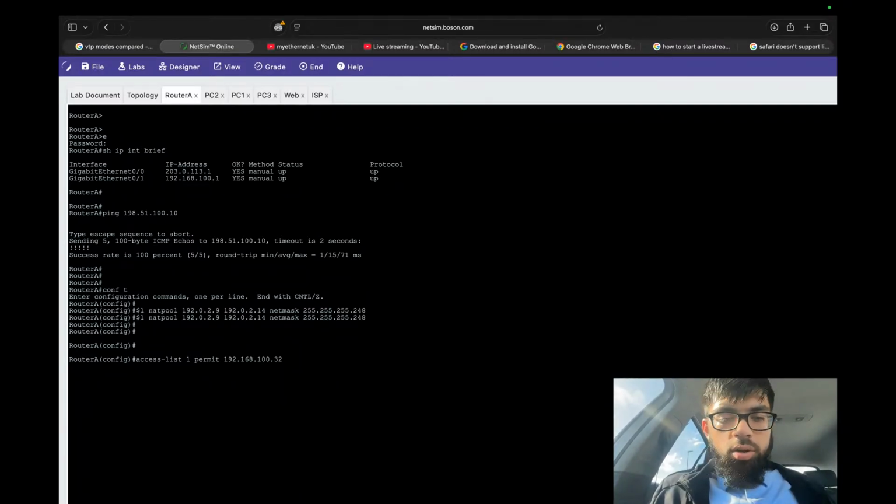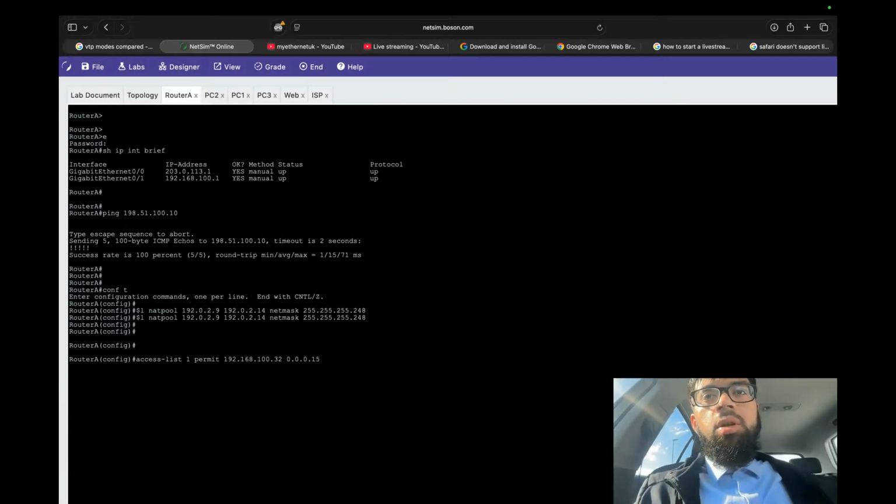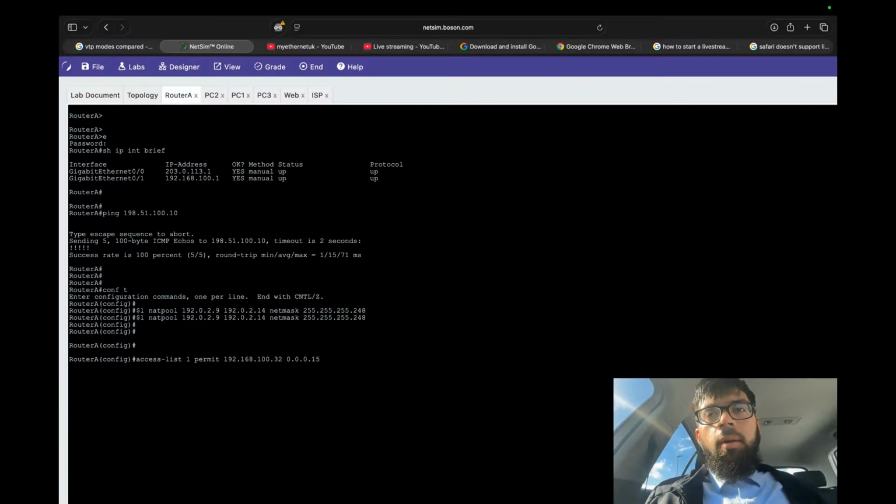Right, so 100.32. And then 0.0.0.15 is the wildcard mask that we need to use. Because an ACL is used to specify IP addresses and not for IP address allocation, the entire subnet range is considered by the ACL, not just the host addresses. Therefore, every IP address